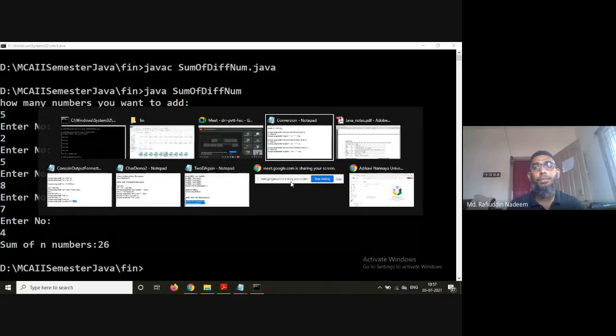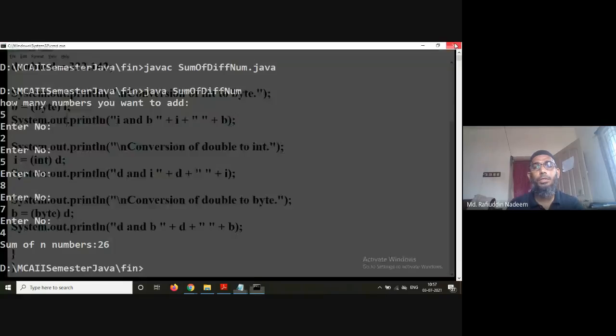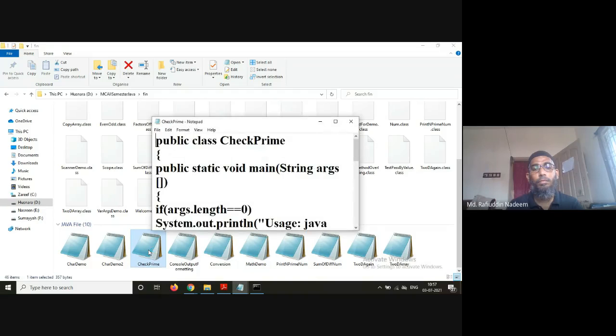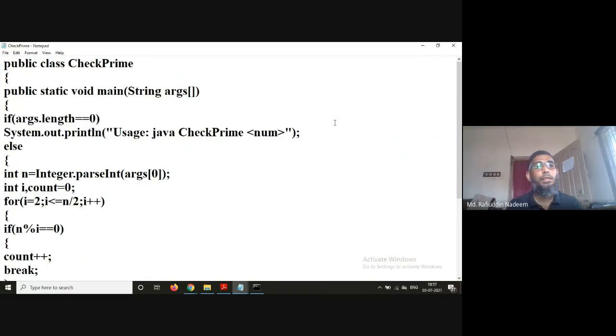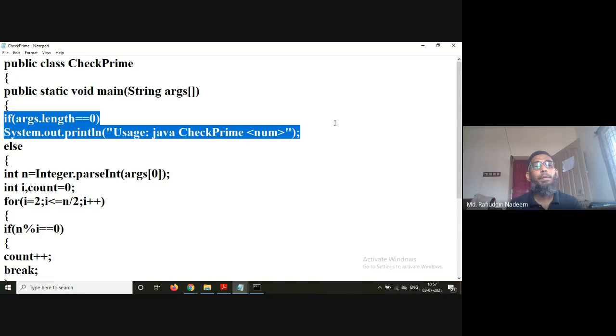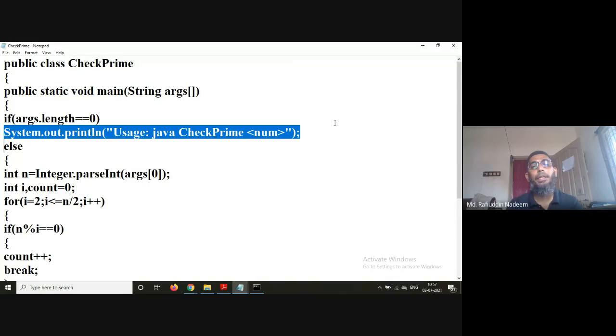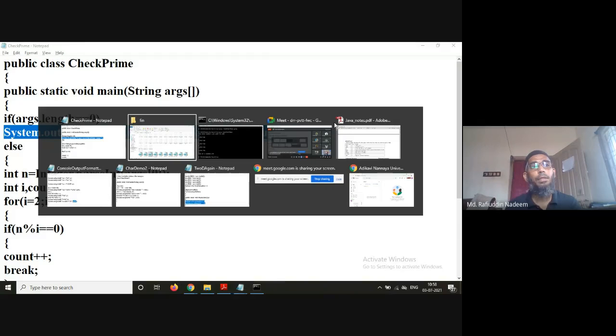Then we have a program to check whether a given number is prime or not. I am passing the number at the command prompt. If args.length is equal to 0, if I am not passing anything, then it simply prints a usage message telling you to give it as java CheckPrime and some number.